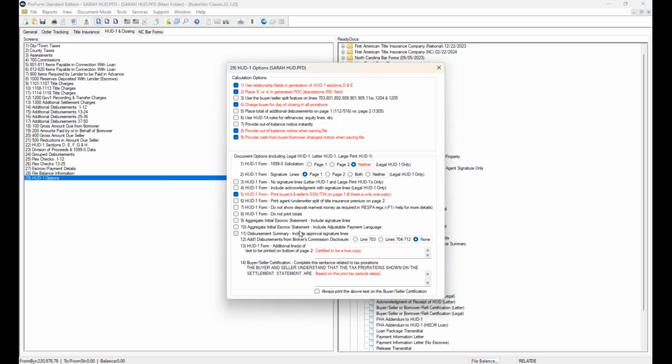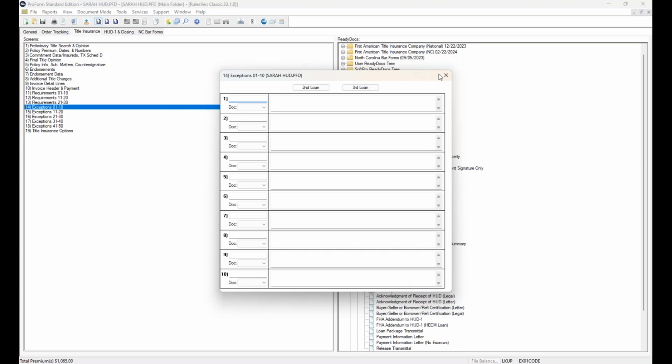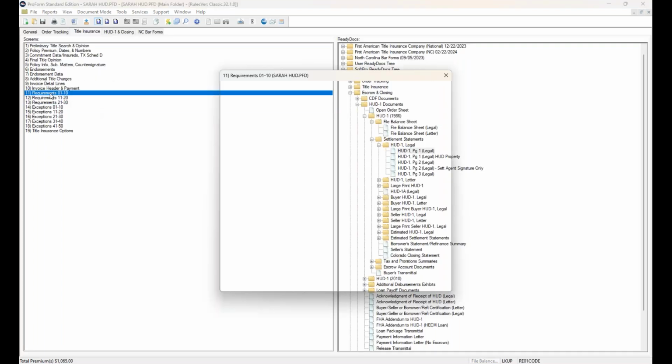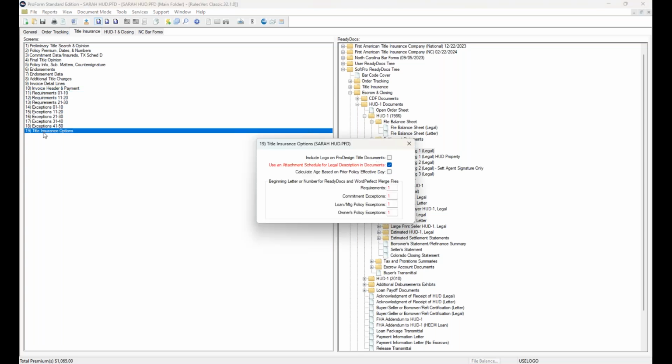All right, final section, title insurance. What kind of neat little things? So one of the things with title insurance that I don't know if you've ever realized is... hold on a second here. Okay, under title insurance options,